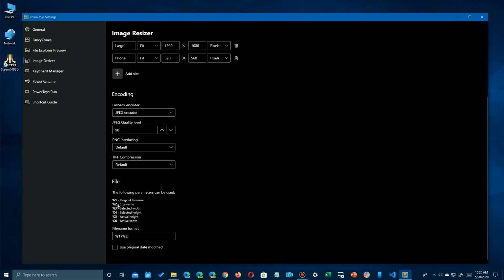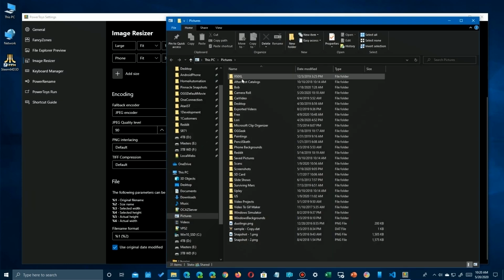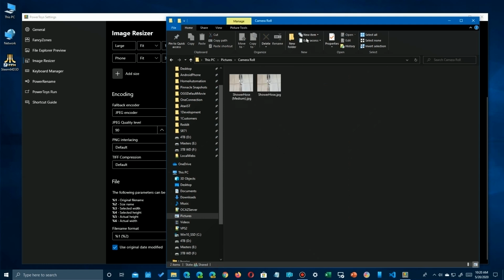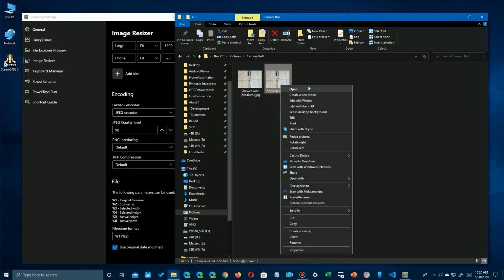Okay, but if you scroll down a little bit further, at the very bottom down here, you'll see an option that says to keep the dates. So we're going to go ahead and click on that. We'll go back and try it again. So let me go back over to the actual images, and you'll be able to see that we're going to do the exact same operation here, except I'm going to go ahead, right click on it this time, and say